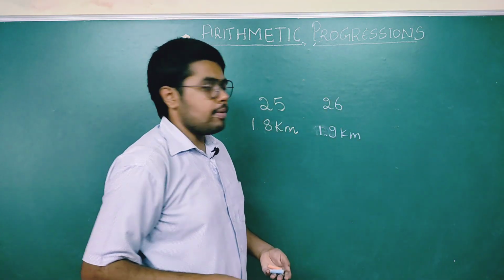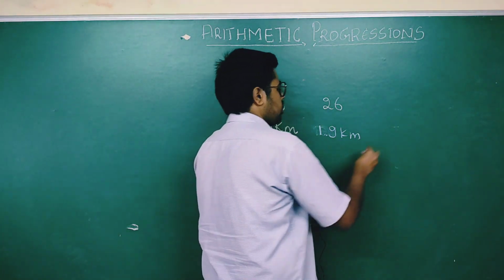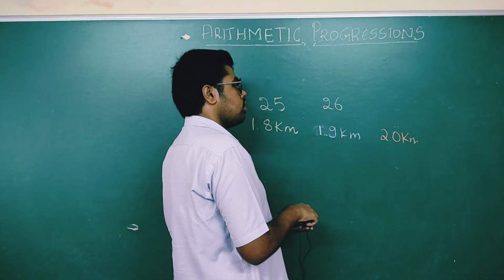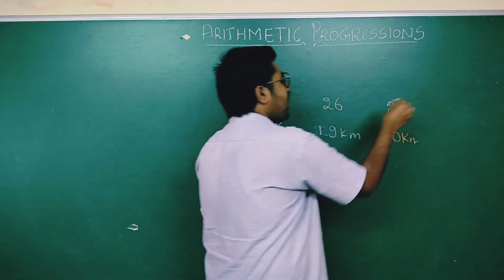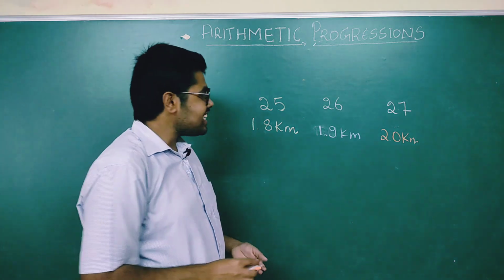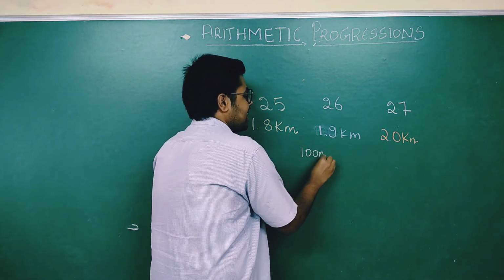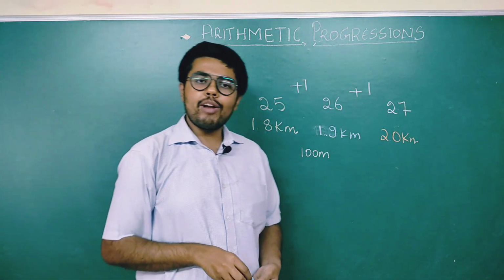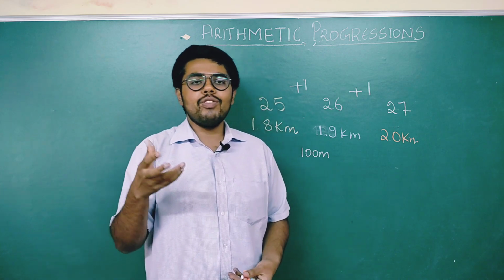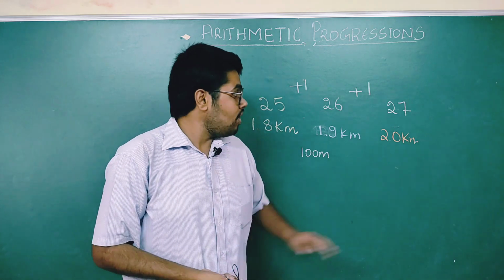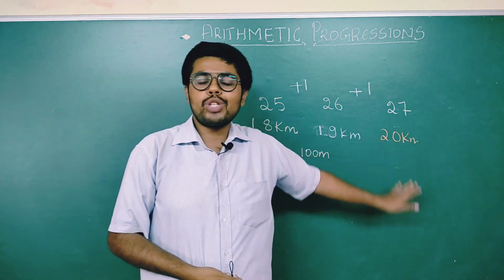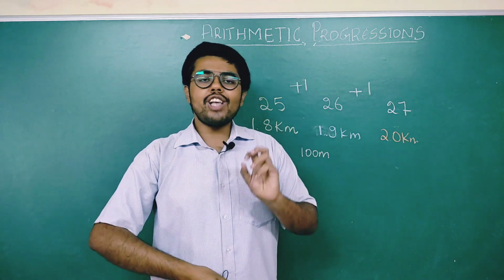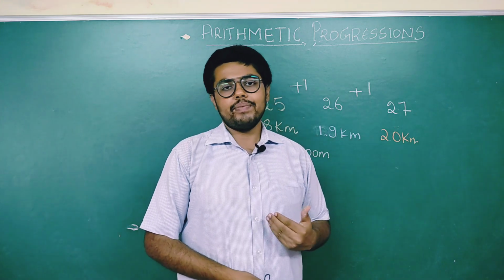What would be after one more kilometer? If you take 2 kilometers, after 100 meters increase, it will cost you 27 rupees. If you go on like this, you can observe one particular pattern. Yes, for every 100 meters, there is an increase of 1 rupee. Correct? So this is again a particular pattern that we see in normal life. So you can exactly tell after 5 kilometers what is the amount you should pay. By observing this pattern, we can exactly know what is the amount I should pay after a few kilometers.